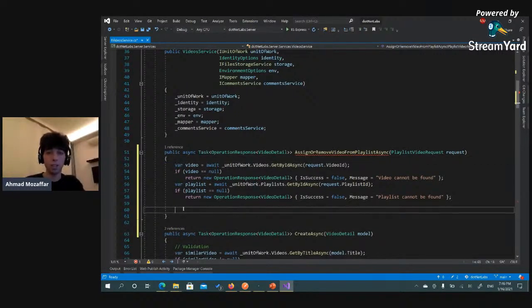Right now, we need to implement a function that's going to retrieve, in the repository, all the videos